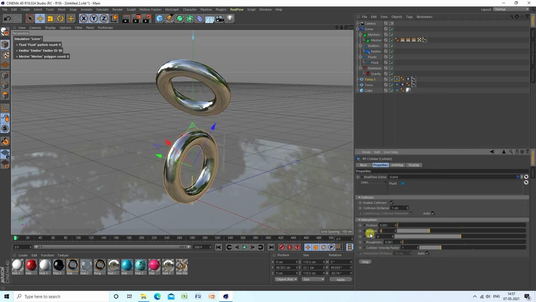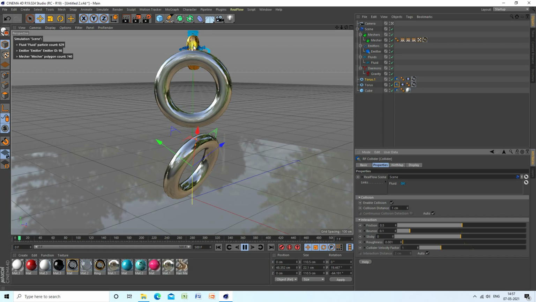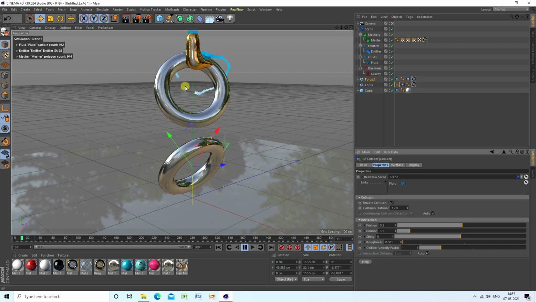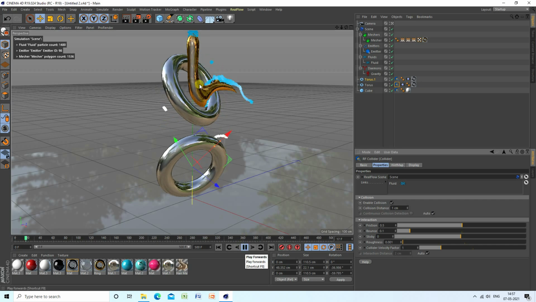This time friction 0.5 and bounce 0.1. Go back and play. See guys, this is a really smooth effect. Okay, so guys, now my effect is complete.